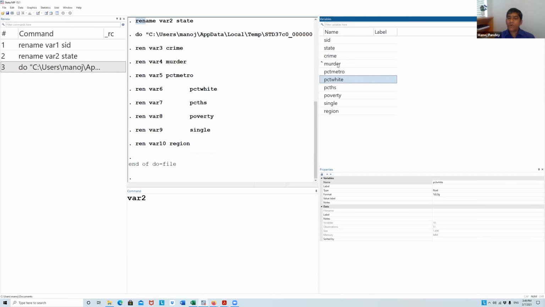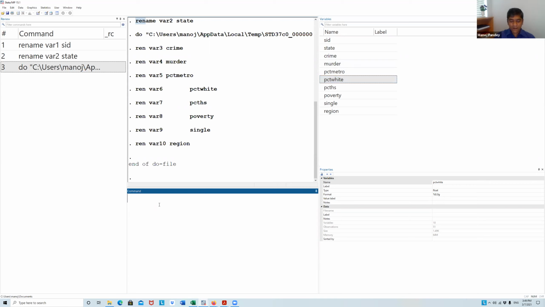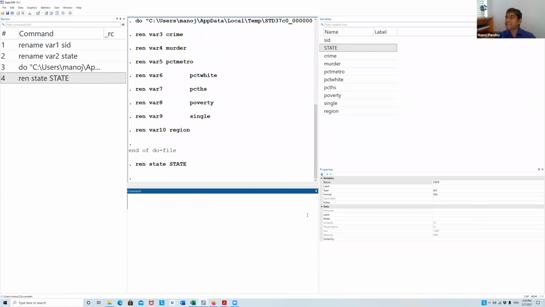Because if we put a capital letter, can we do that? Can we put this, let's say, state variable as capital STATE? What is going to happen? It's a capital one. Is something damaging going to happen? No, it is not going to happen. Okay, it will change.